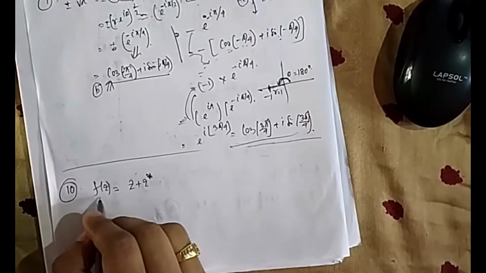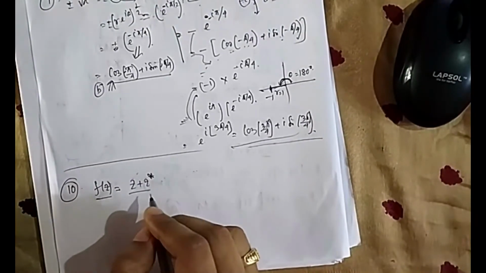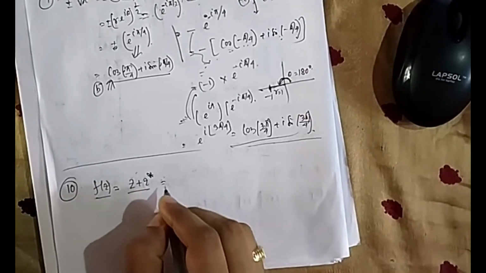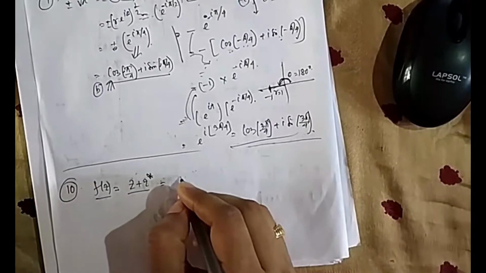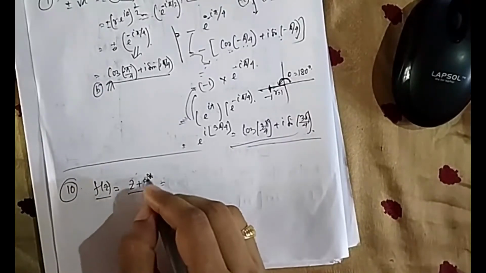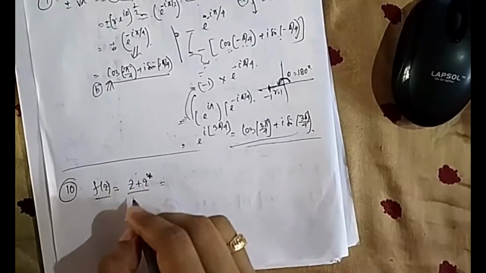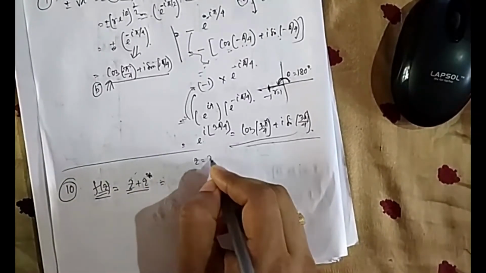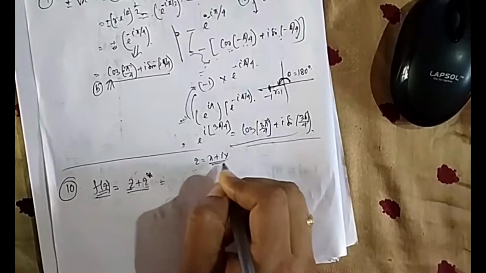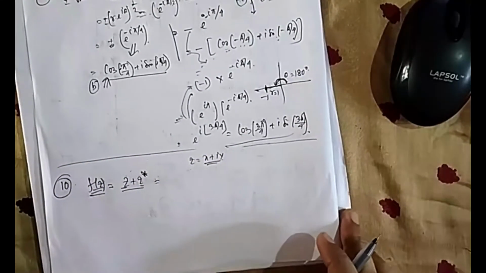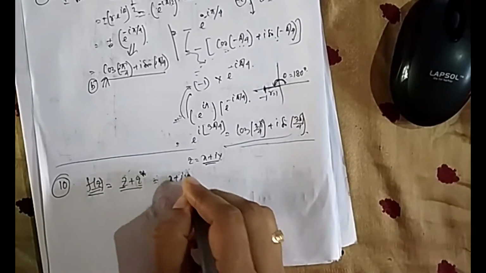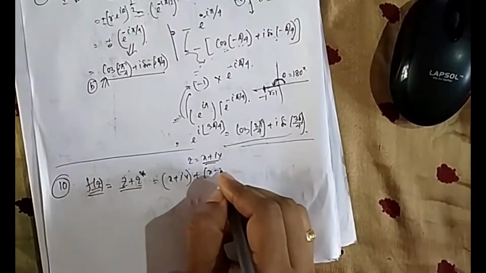In question number 10, it is given f(z) = z + z*, where z* is the complex conjugate. Which one of the following is true? If you find anything of this format, z + z* or some function f(z) given in z format, you always take z = x + iy and convert it into x and y format, because we are used to looking at the function in xy format. That gives us more confidence and makes it easier to analyze. So we will convert it in that way.